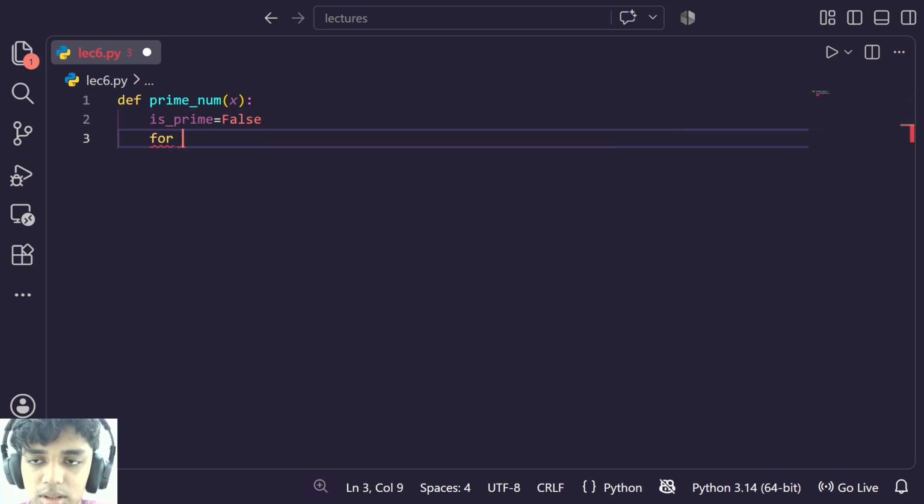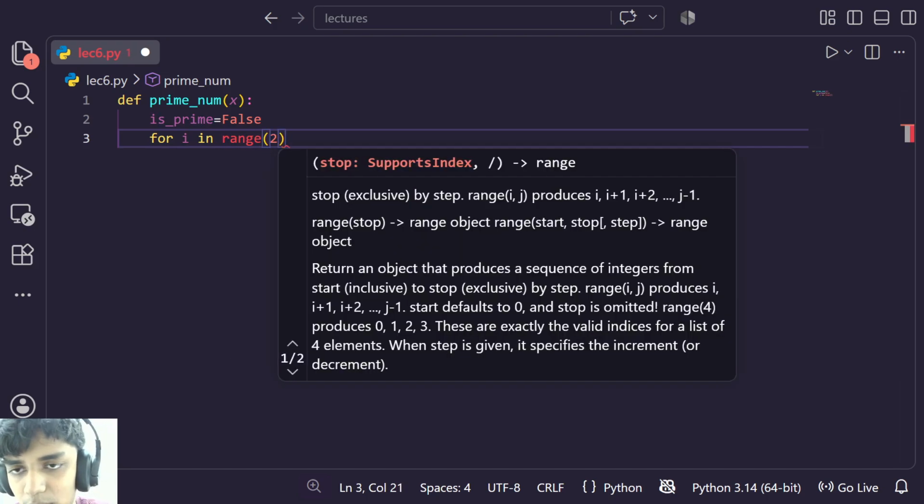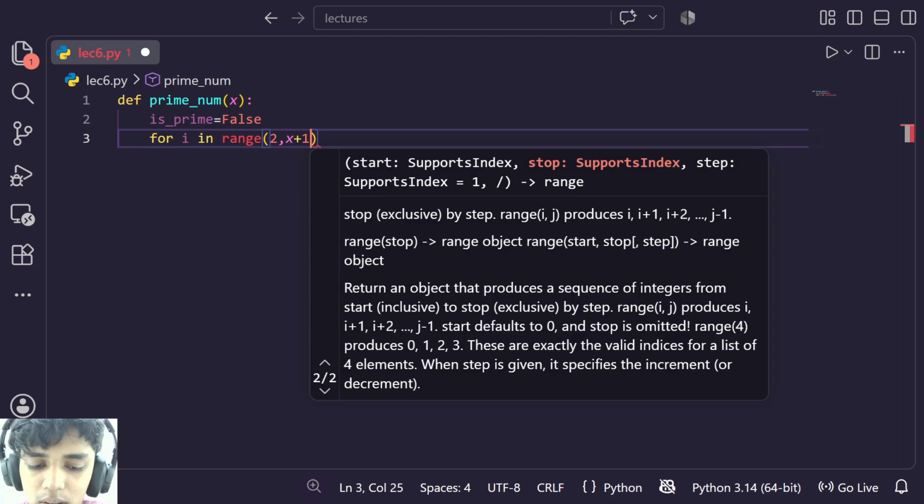After which we will be typing a for loop in which we will be iterating in the range starting from 2, which is the first prime number that we can get, till, let's say, x plus 1,